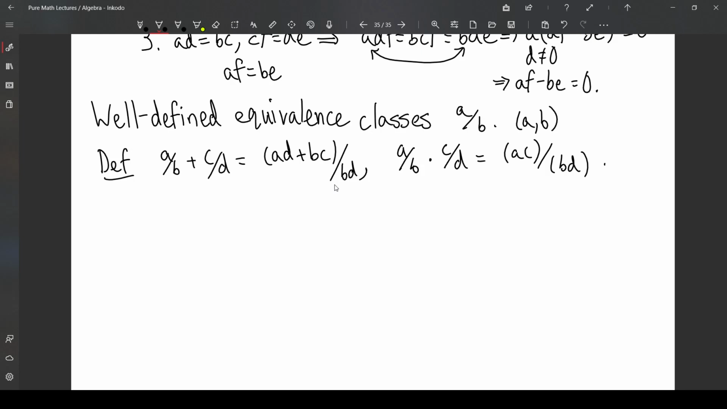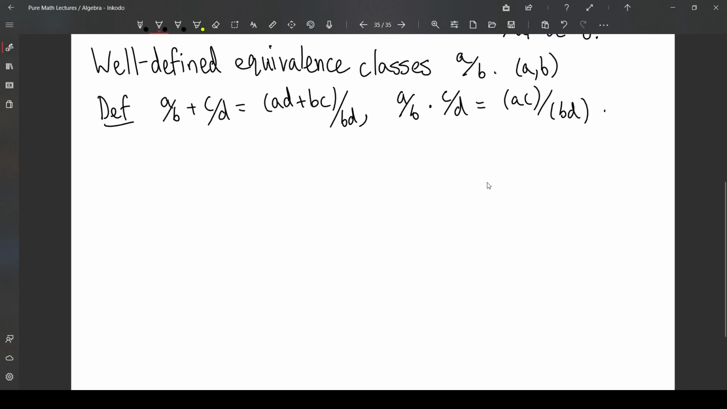But the important part is that these are well-defined operations, and you can check that they're well-defined. It's just a bunch of, you'd have to deal with a lot of letters, and I'm not going to go through that. And so this actually turns, well, we need two more things. So from these definitions,